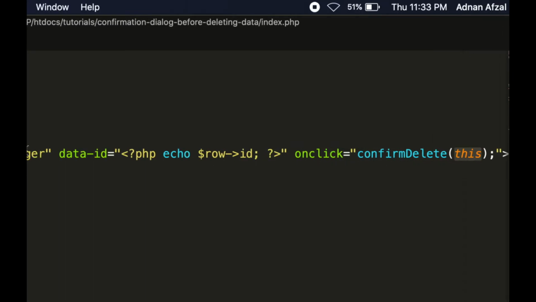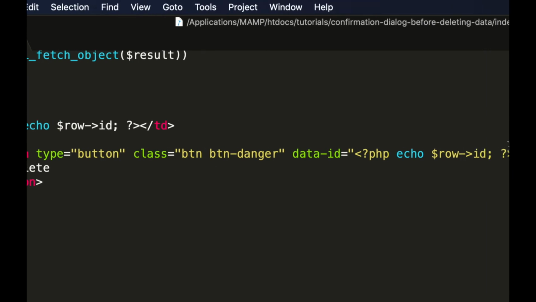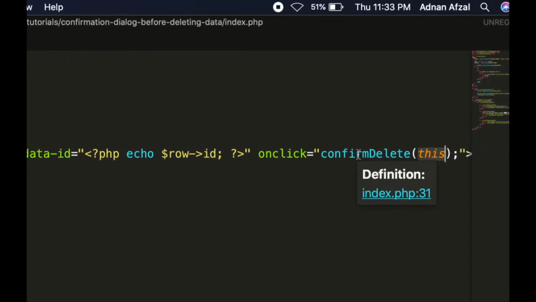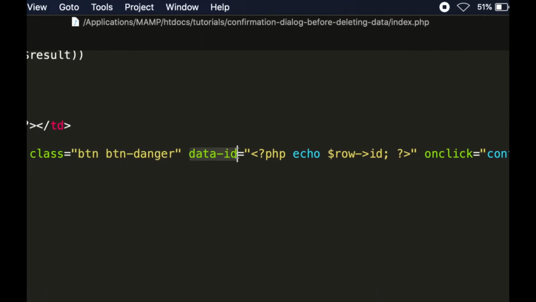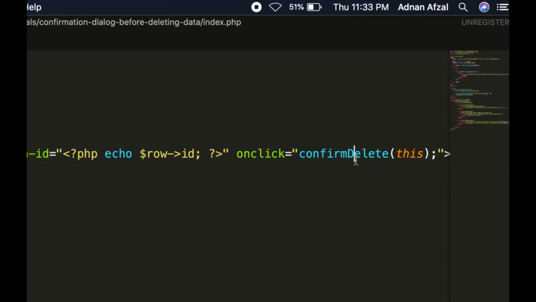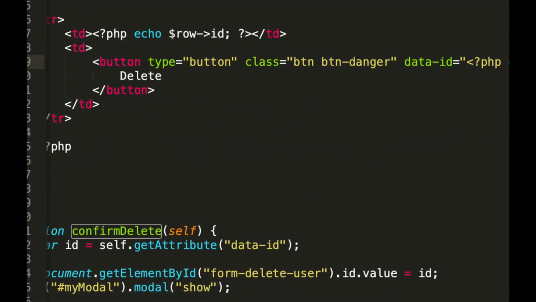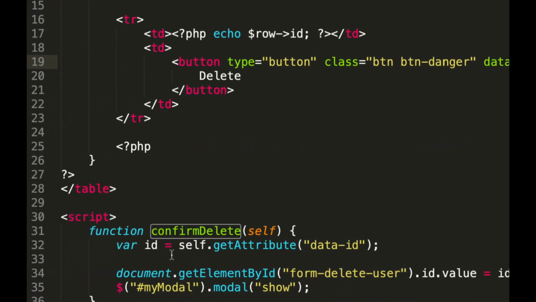So this whole button node will be sent as a parameter to this confirmDelete function. And we have given an attribute data-id, and data-id will contain the unique ID of that row in the database.